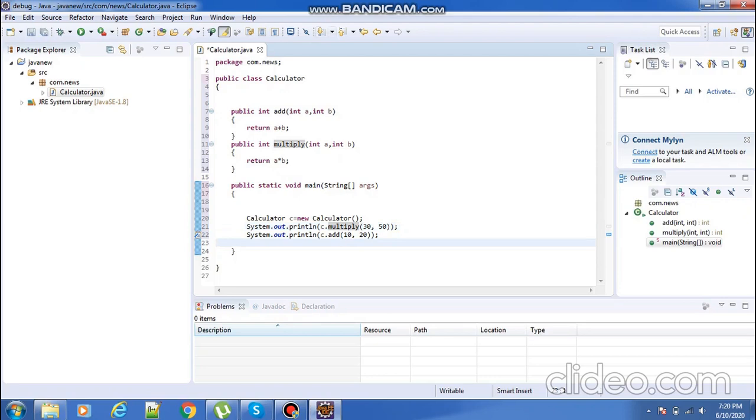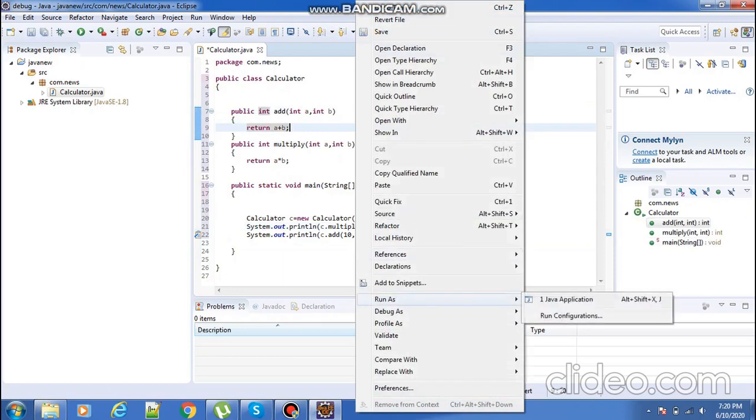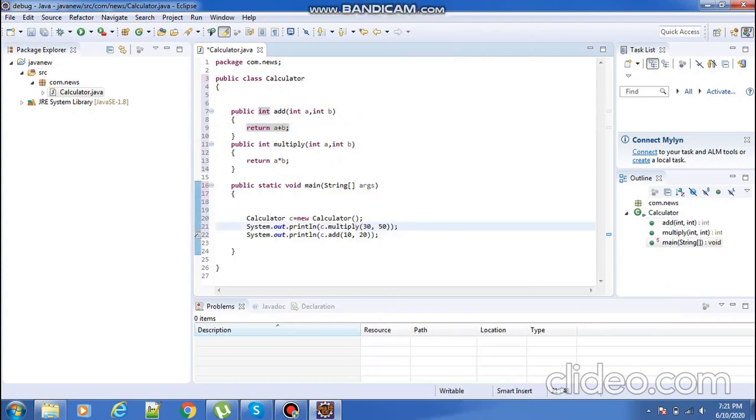Now how do we run this program? Normally you give right click, Run As Java Application, and the output will execute. But debugging doesn't mean running for the output, it means checking what defects are in this particular program. There are no defects in this program because everything was written correctly, but we will still debug the program.